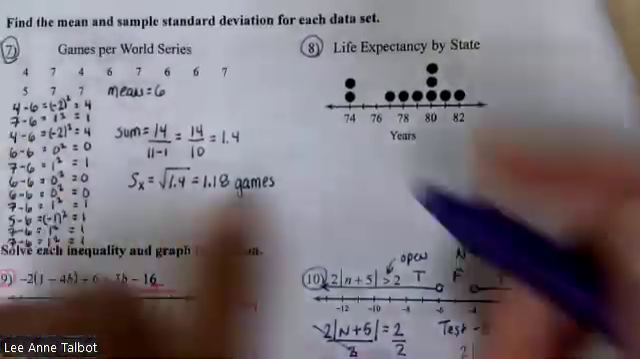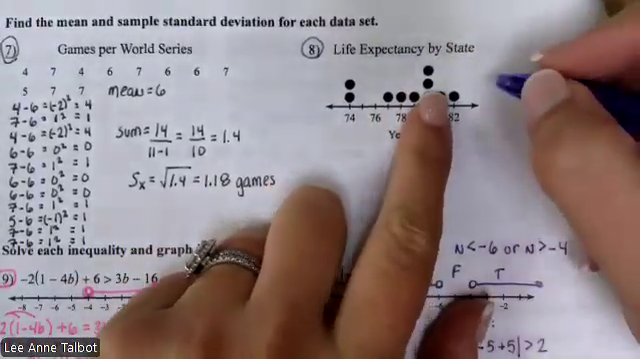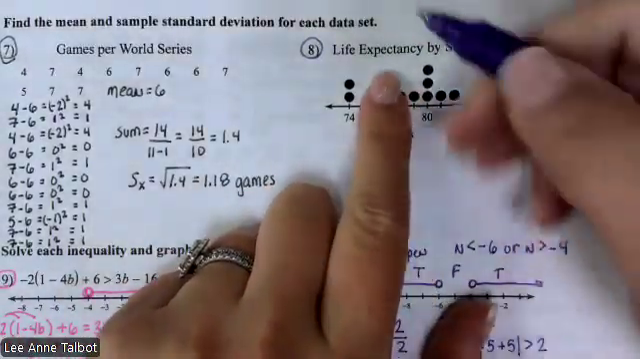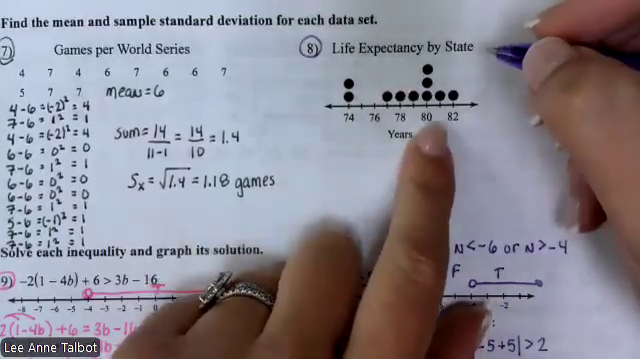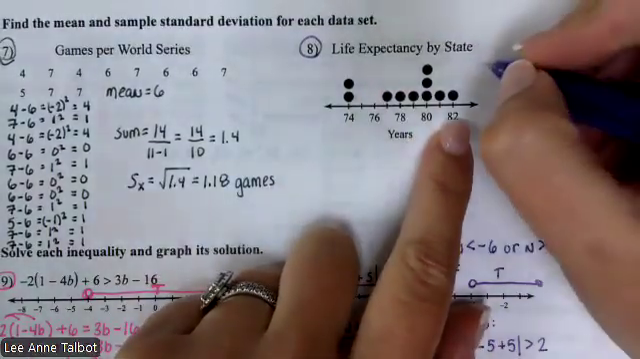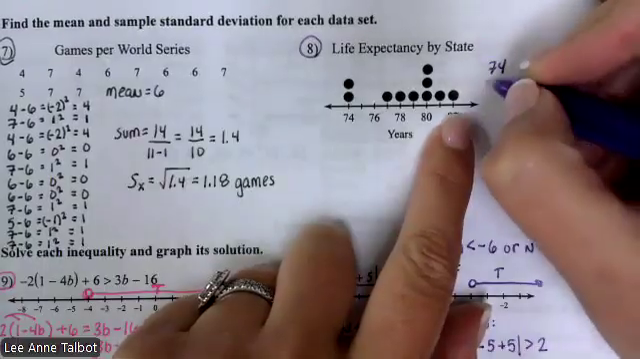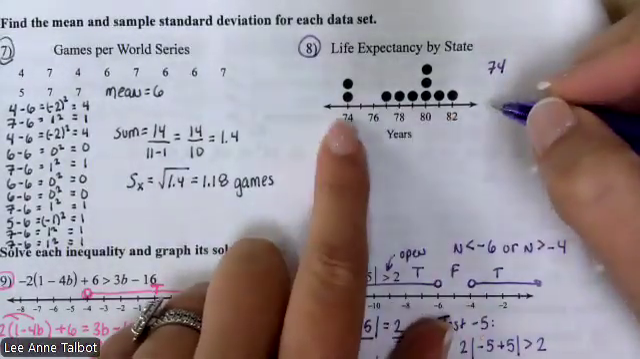I'm starting with number 8. And for mean and sample standard deviation problem, I'm going to start listing the numbers in a column. So I'm going to go 74,